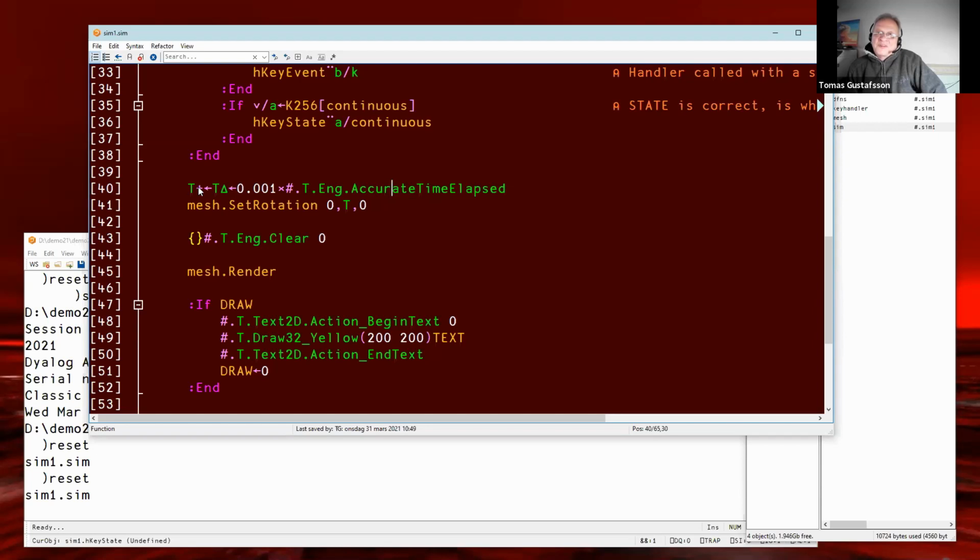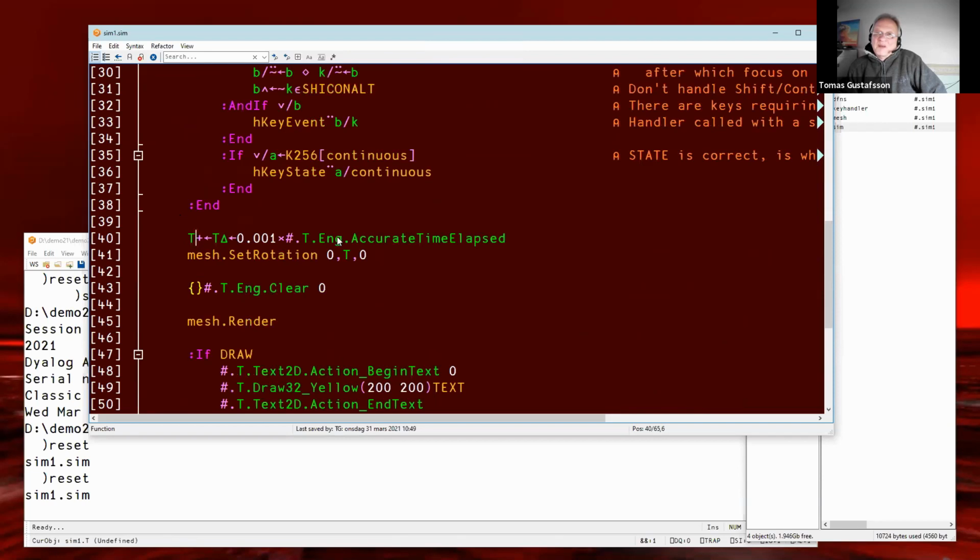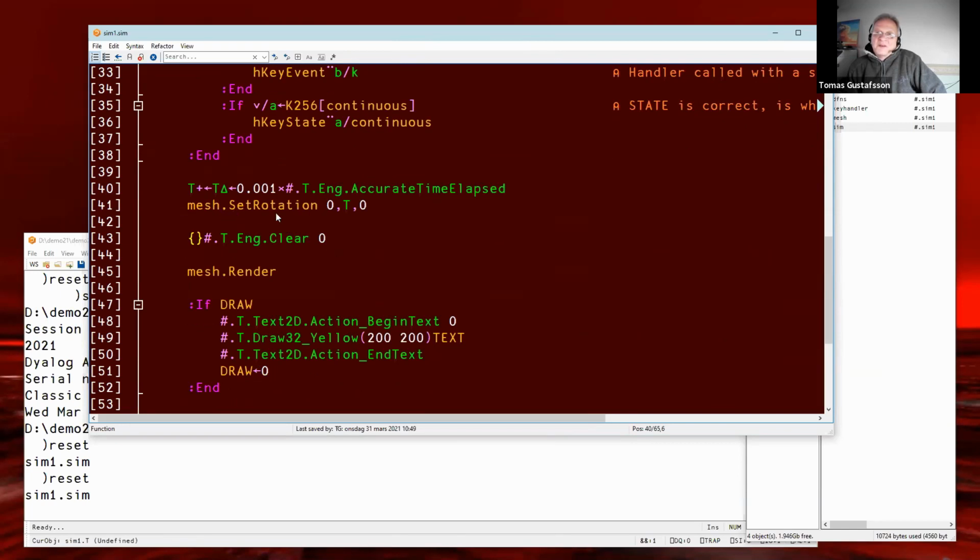This will grow, this t. It started with 0 here, okay? In 1 second, it will be 1. In 2 seconds, it will be 2. And apparently, I set the mesh to rotate with this number. These are radians. So in 6.28 seconds, the mesh will rotate once.